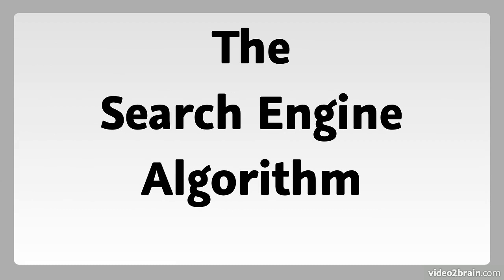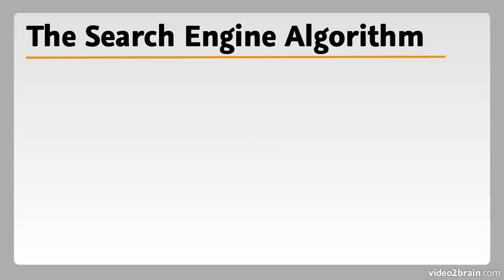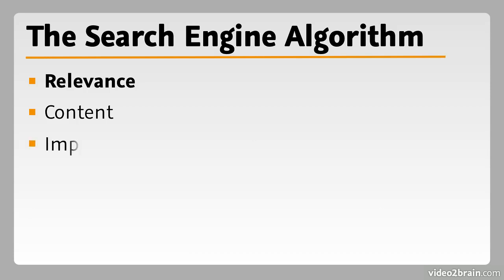In this lesson, we're going to talk about the search engine algorithm. I've referred to it a couple of times as we've gone through here, that the algorithm is based on relevance. Relevancy being what page is most relevant for the words that the searcher has typed in. Now that relevancy is based on a couple of things. It's based on the content of the site, it's based on the content of the page, it's based on the importance of the website. Importance is gauged by the amount of links coming from other sites to your site.